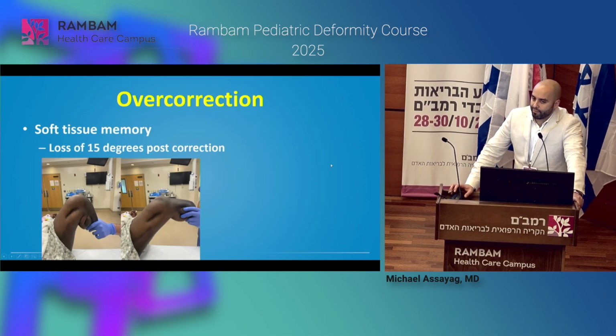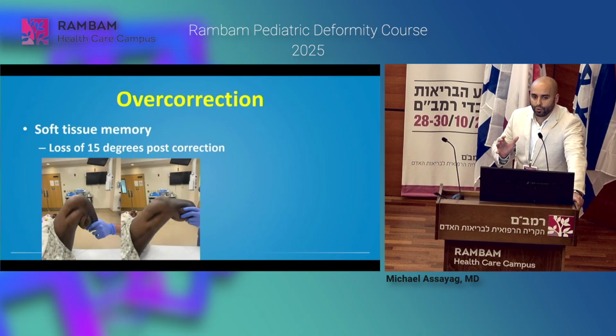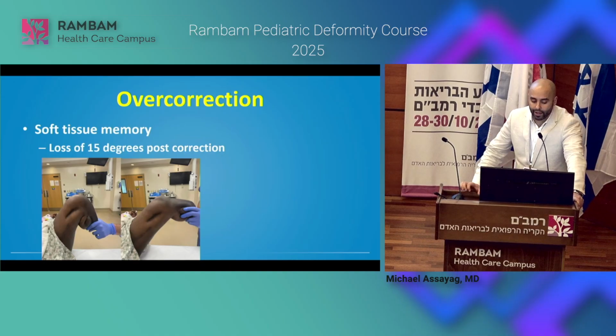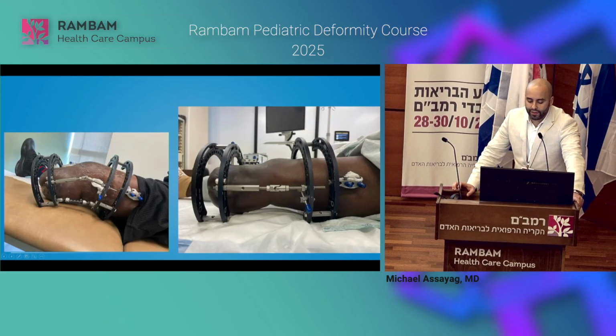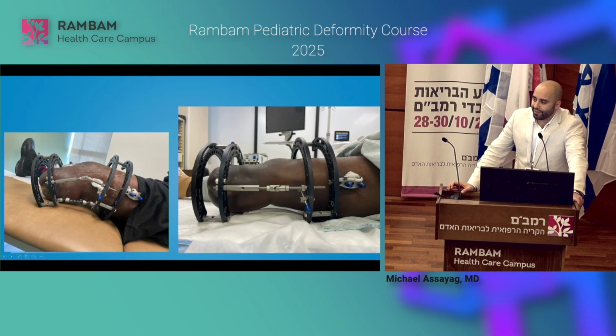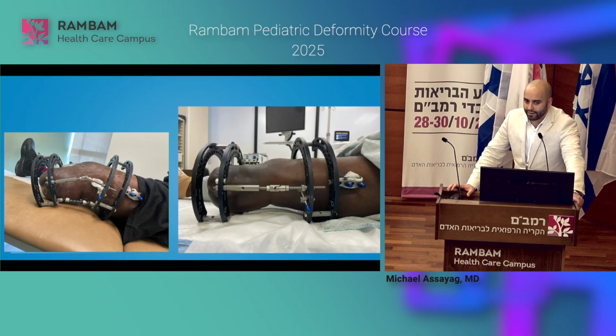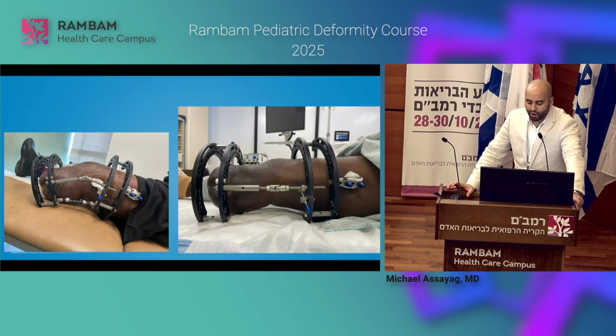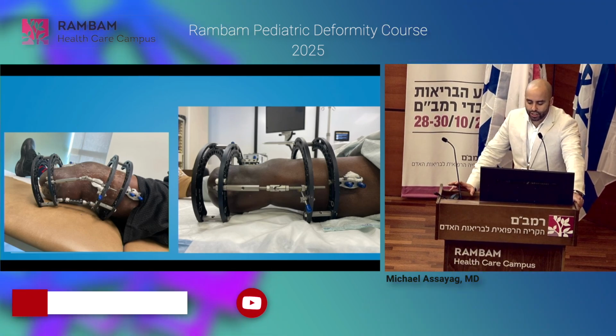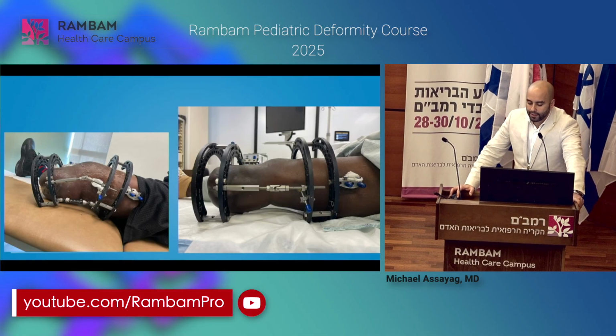Now, soft tissues have memory. And overcorrection is so important because the natural tendency for the joint is to come back into its original position. So I tend to recommend up to 15 degrees of overcorrection. Now, this is an example of how this rule was not respected. It was broken. So I applied a regular Ilizarov external fixator, applied some distraction, corrected him to neutral, and maintained for 6 weeks.